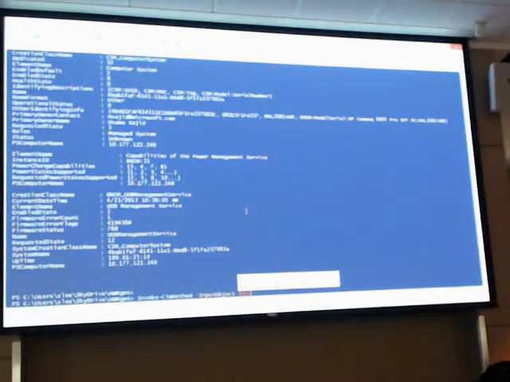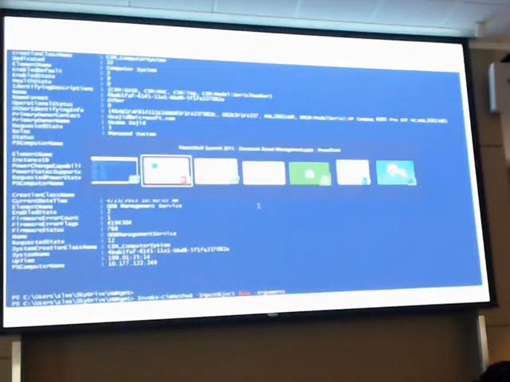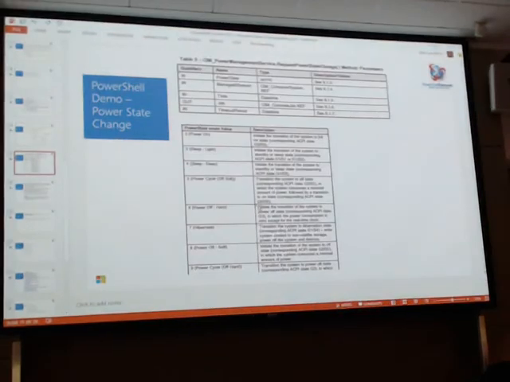What do we call it? Service. So I should argue that. Let me go back here. So here, again, this is another section that comes out of the power management service. This is a table that shows the method we're going to call, which is the request power state change. On the top table, you can see there's a bunch of parameters. We're going to supply the power state. We're going to provide the reference to the object we want to change the power state of. There's an optional time parameter, like I can change it at 8 p.m., 6 p.m. We're going to change it now, so I'm not going to supply that one.